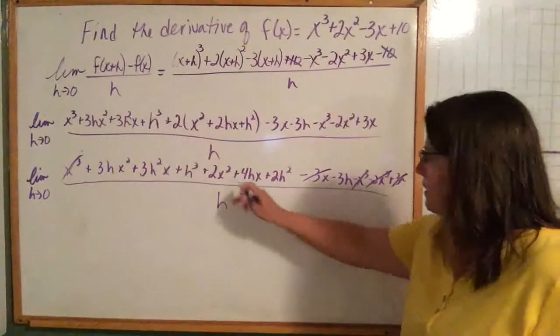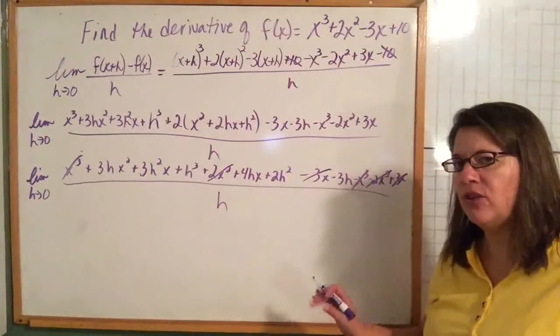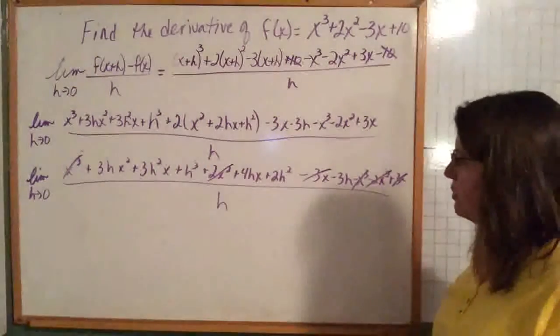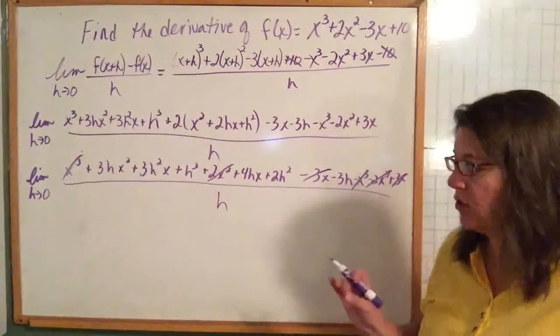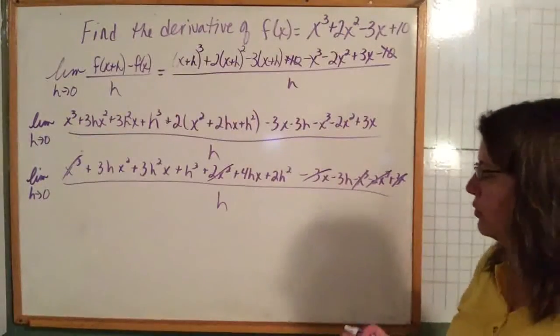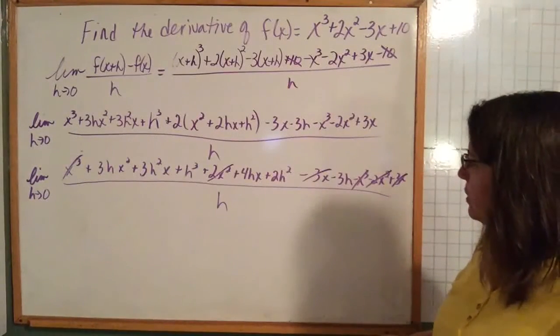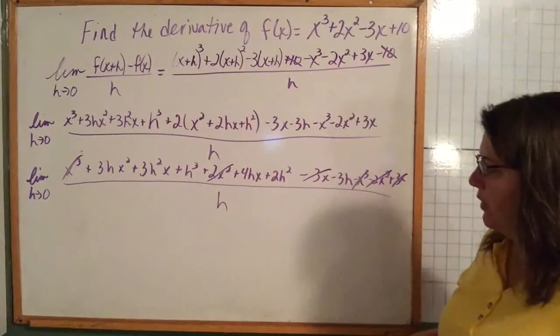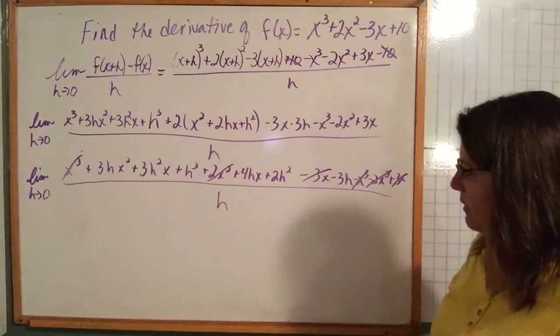Negative 2x squared, 2x squared. It looks like everything that didn't have an h has canceled, which is what we would expect to happen if we've done everything correctly. So that's good so far. It looks like so far we're doing okay. And then if there are any like terms, which I don't think there are, doesn't look like it,